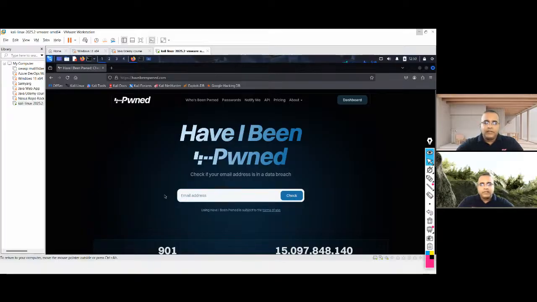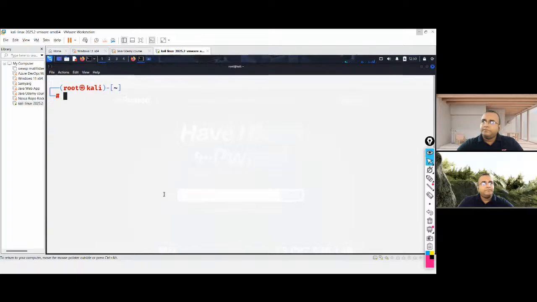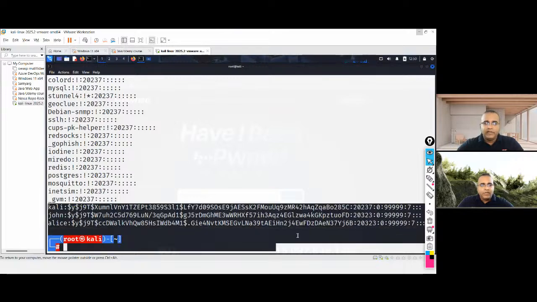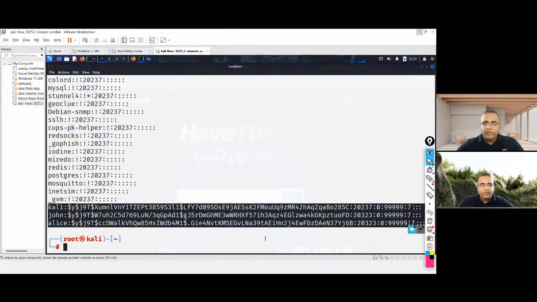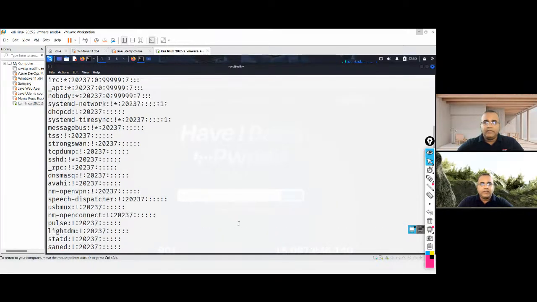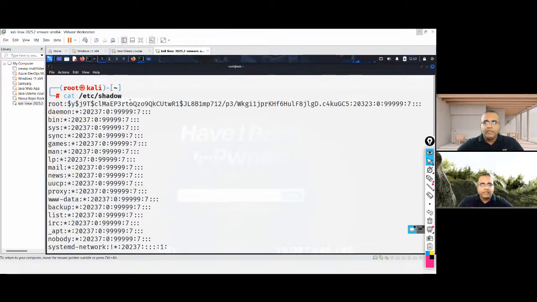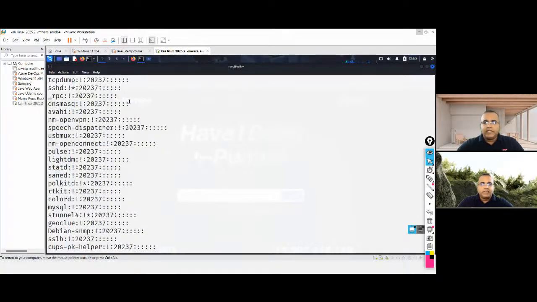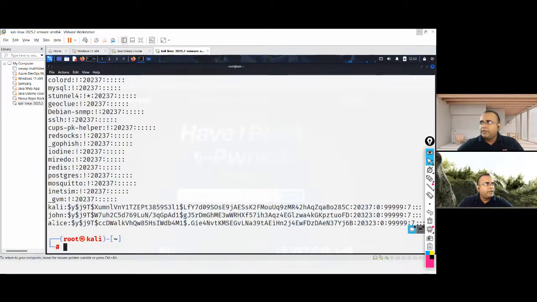So just for the sake of the process, when you're looking at this information, you cannot know what the password is for these users. I think there are 4 users. If you remember, there's a root user as well, which I'm currently logged in as. The root user will always be in the first line, which is why it is not there. And these are the 3 other users that were created.